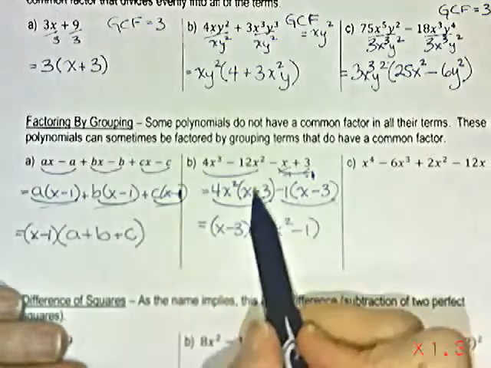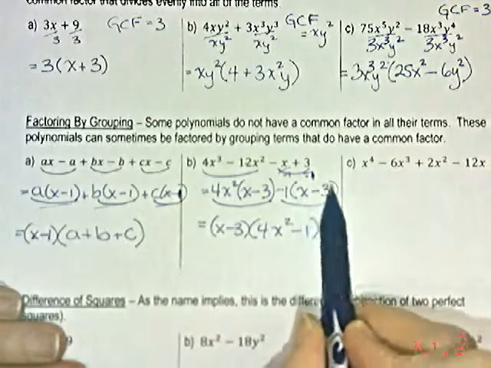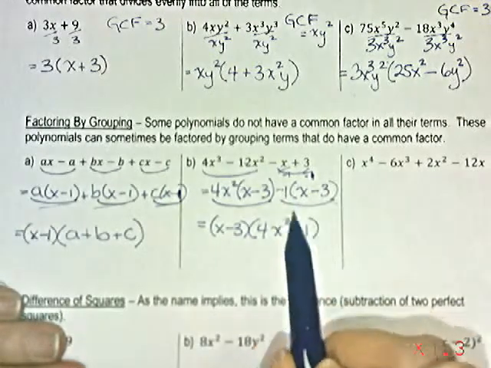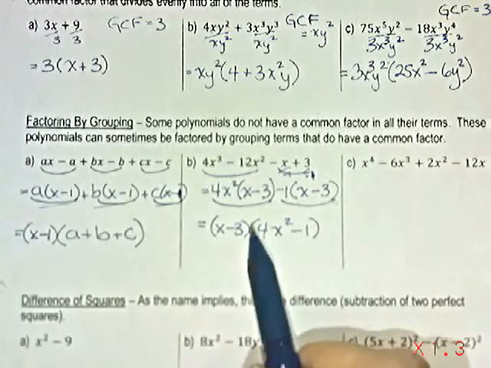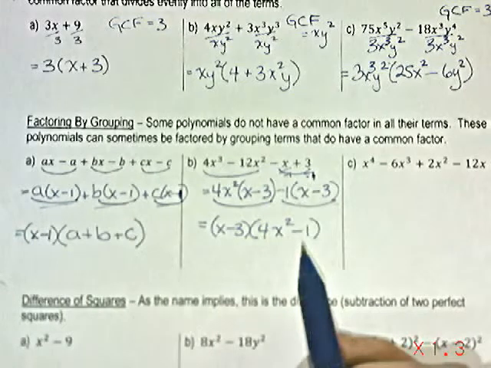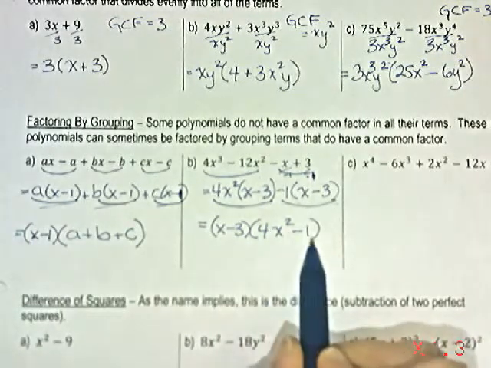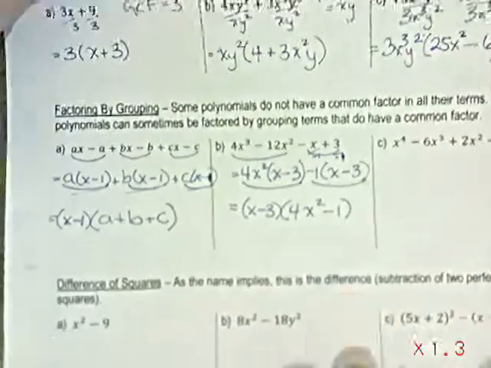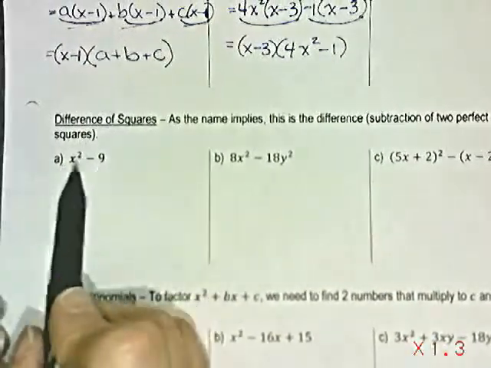If I do, I common factor the bracket out of this term, leaving me with the 4x squared, common factor the bracket out of this term, leaving me with the -1. Now at this point in time, I want to talk about this factor, because this factor is not fully factored. This is actually what we call a difference of two perfect squares. And so I want to scooch down here to this difference of squares area here and just remind ourselves,